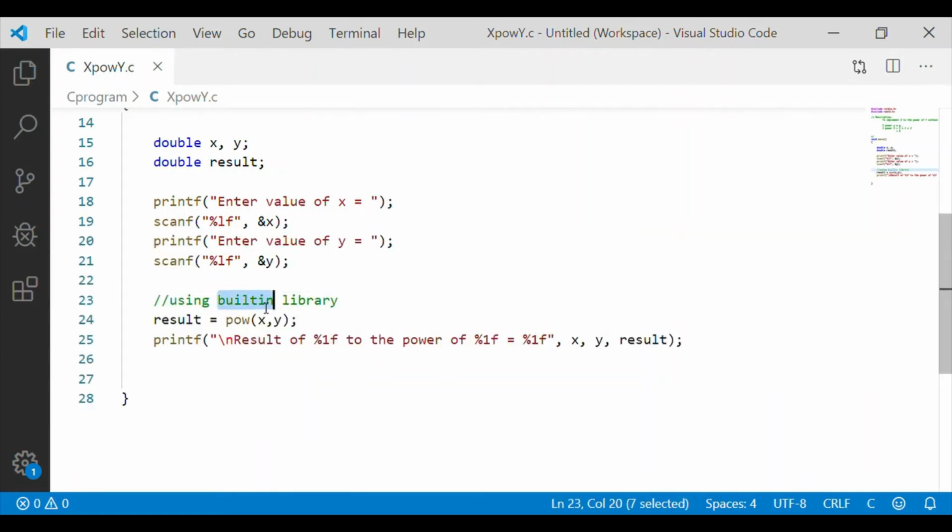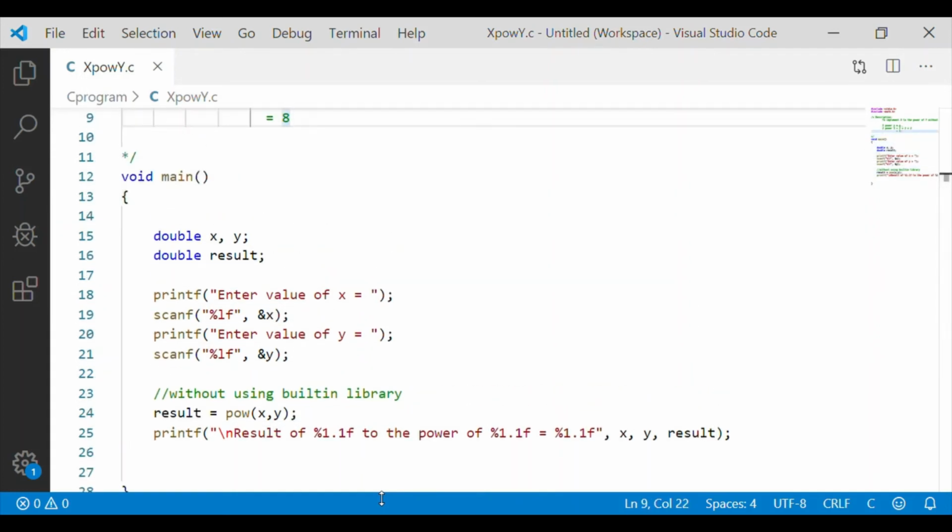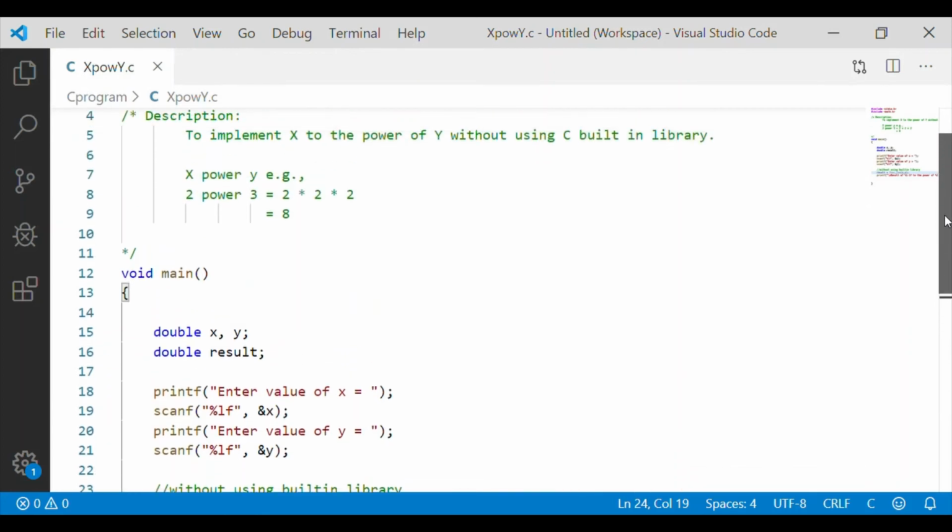Now we will go on and write our own function, that is, without using the built-in library. Let me also set the number of digits to be displayed after the decimal point to 1 digit. As we are going to write our own function, let me call that function function_power.